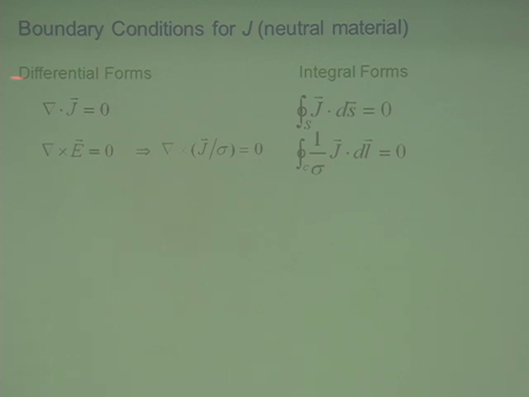Okay? 那这个once the divergence of J is defined, you look for the definition of curl of J to get the tangential component of this vector. So through this curl of E equal to 0, you can write the curl of J divided by sigma equal to 0. Sigma is a conductivity. 所以呢，在这里你有两个式子，这两个式子呢，分别告诉你这个这个电流的 divergence 跟 curl 的条件是什么？